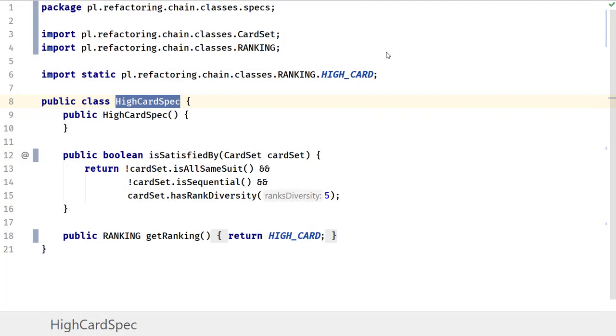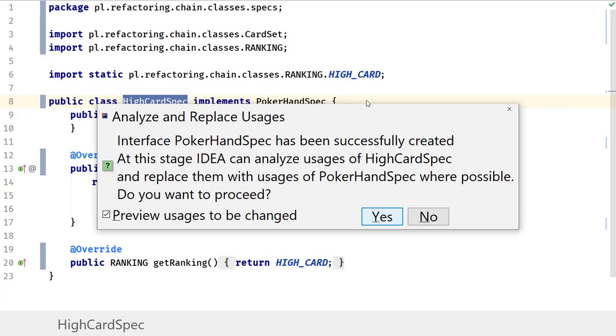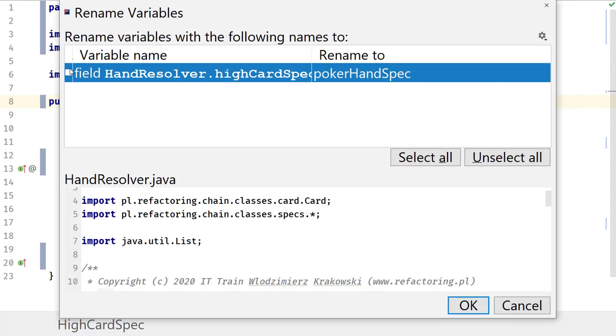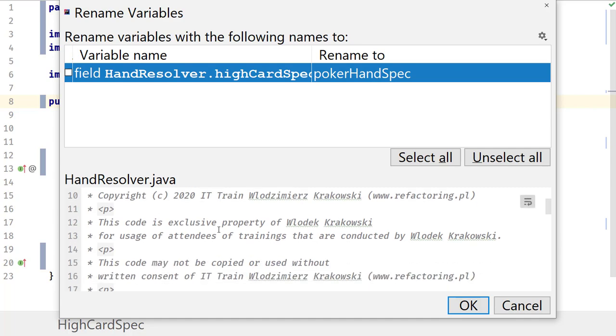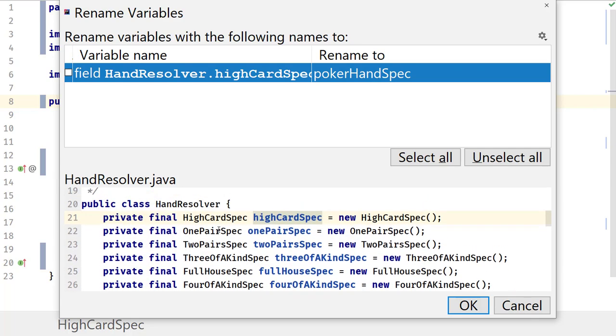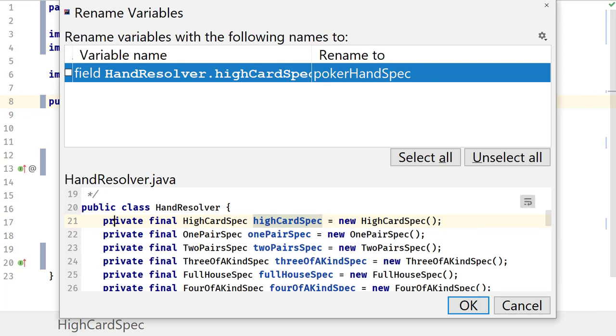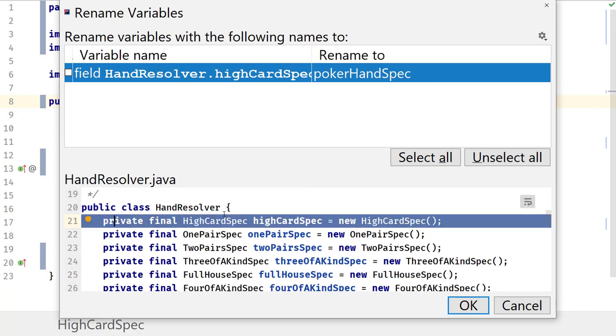I will click enter. At this point, IntelliJ will look for all the places where the class can be replaced with the interface. I'm clicking yes, please do this for me. Found one such place, in this line 21, and the proposal is that it can rename high card spec into poker hand spec, but I don't want to do this because I will